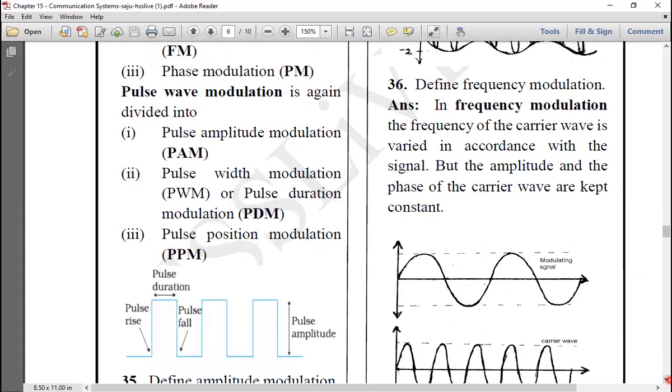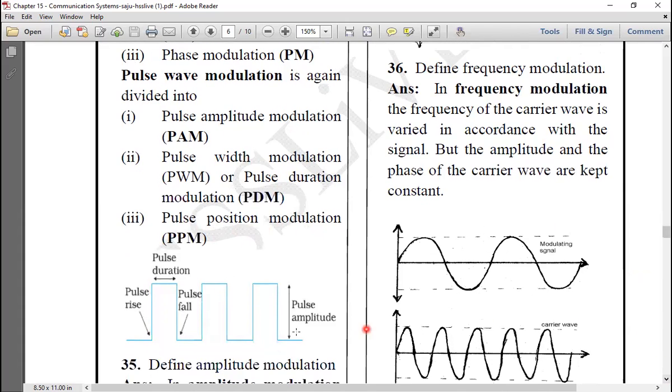Now see what all of this is. This is pulse rise, pulse duration, pulse fall, and pulse amplitude. So this we will see ahead in detail. Next,